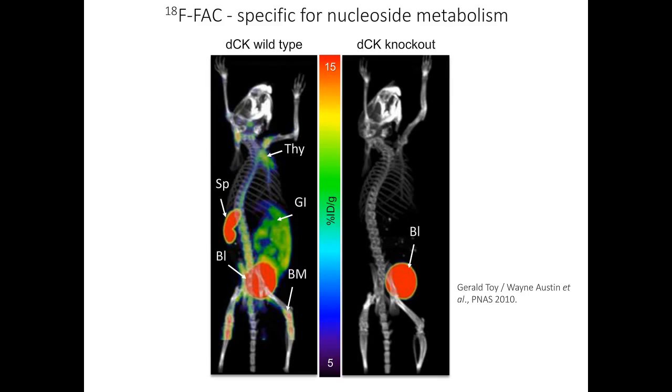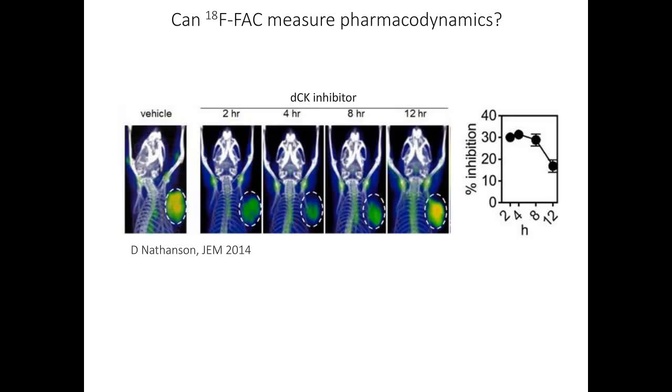But it's also useful for other applications. FAC allows you to see the function of the immune cells, but it could also allow you to measure the pharmacodynamics of drugs that target these enzymes of interest. So in this case, because FAC is specific to the DCK enzyme, by developing a DCK inhibitor and using the FAC probe, you can actually image in the animal the effects of the drug, the effects of the inhibition of DCK. And so here it's simply doing FAC imaging across different time points, pre and post treatment of the DCK